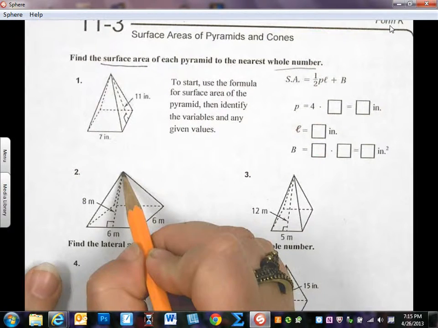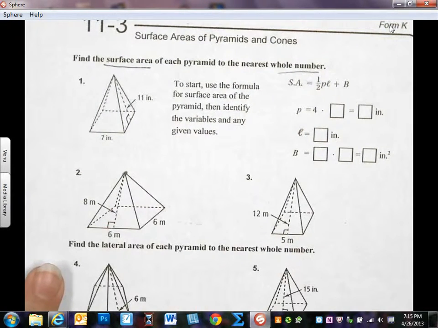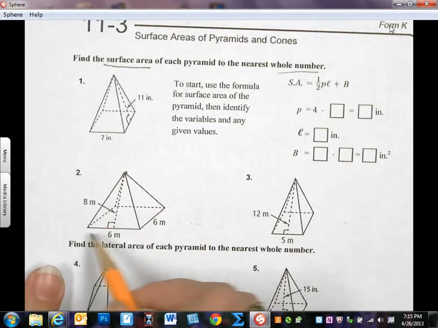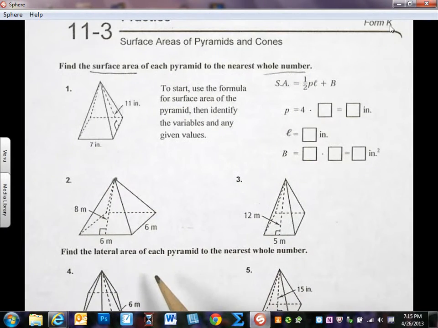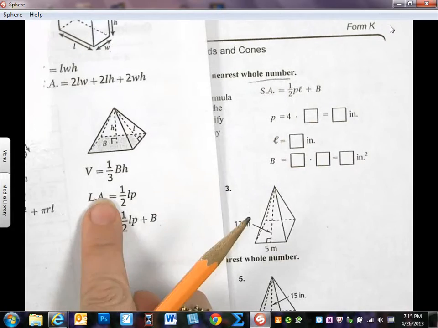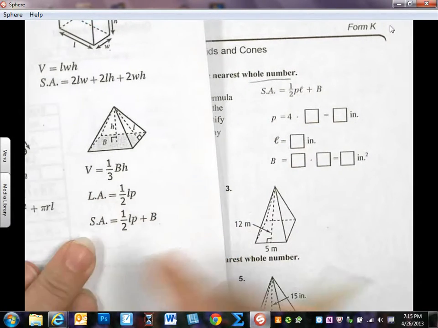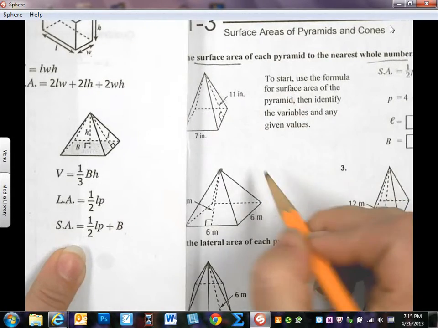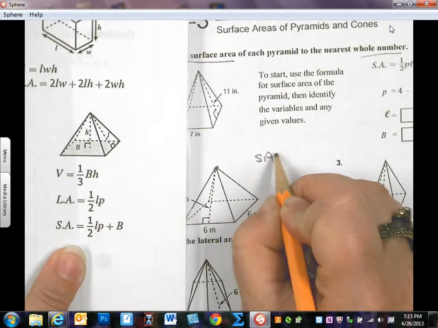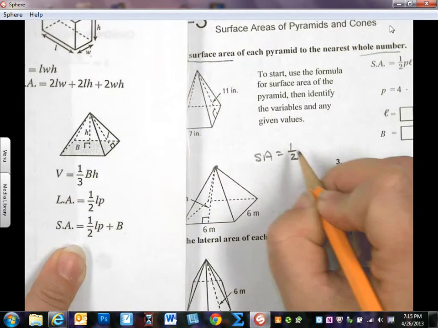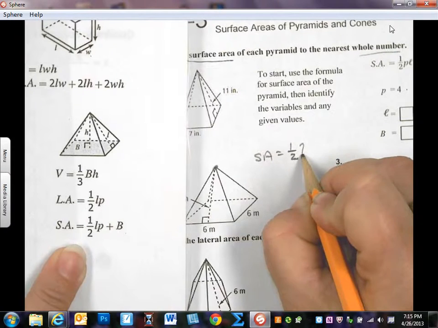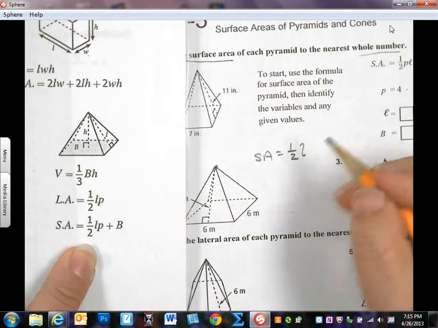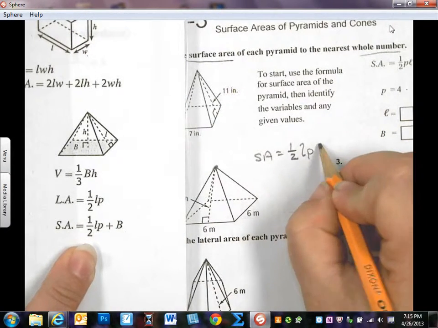I know that because it has a little point here at the top. And it's actually a square pyramid, although we don't care about the base, it's all fine. It looks just like this. And we're finding surface area. So my formula for surface area is 1/2 L, and I'm going to do a fancy L, just like the formula sheet, P plus a capital